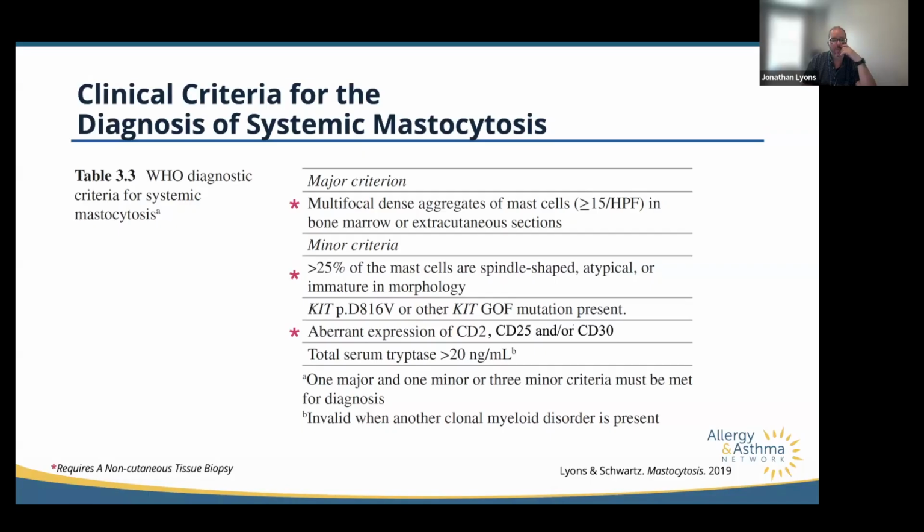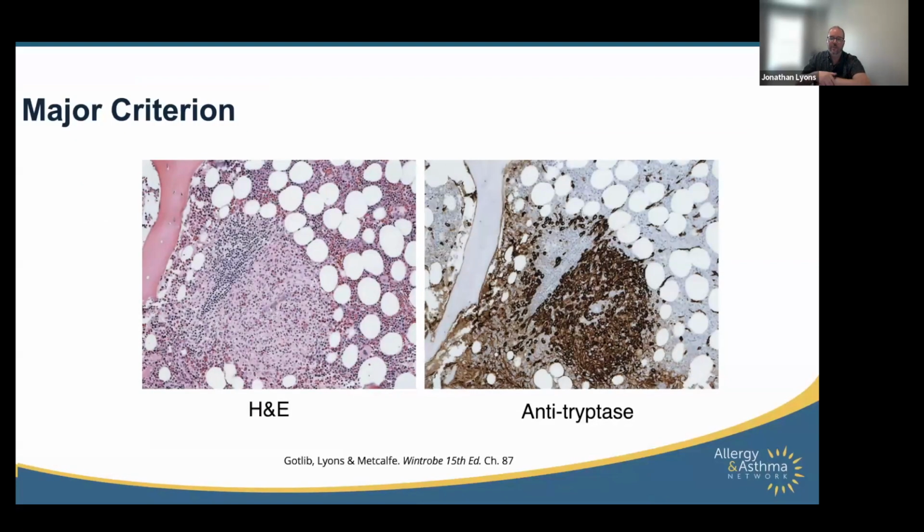dig into a little bit how the 20 level is a little bit in flux right now based on WHO guidelines, where they say to adjust it for the presence of hereditary alpha-tryptasemia, which is something we described in my lab almost 10 years ago. So what's it look like? So it's not subtle if you find it, but it can be spotty.